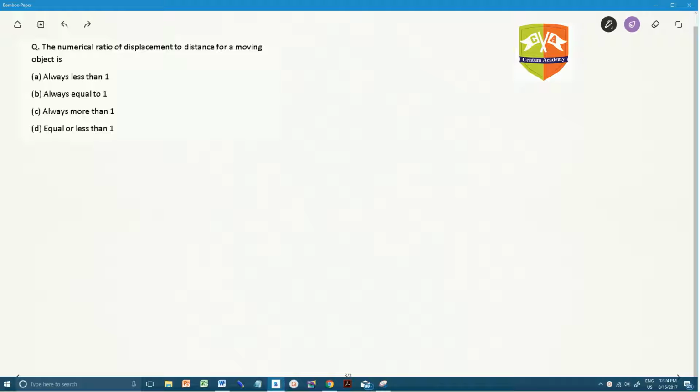So first thing is distance. So what is distance? Distance is the actual path length. So it is nothing but the length of the path traversed by any object. Okay, so let's say